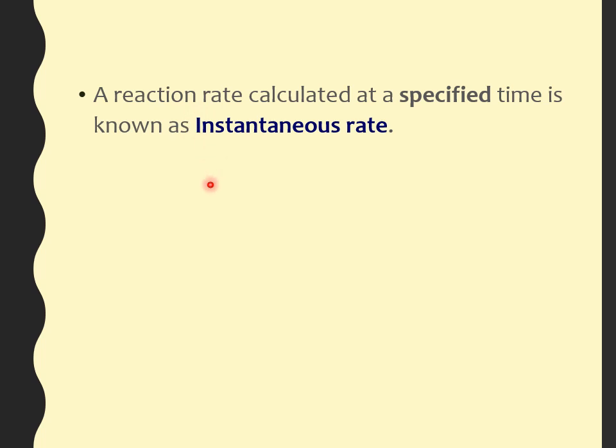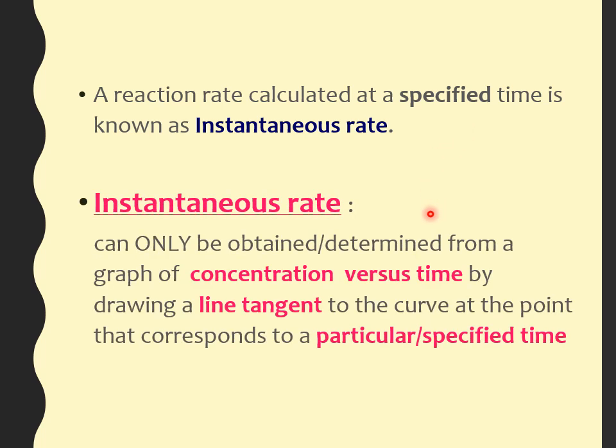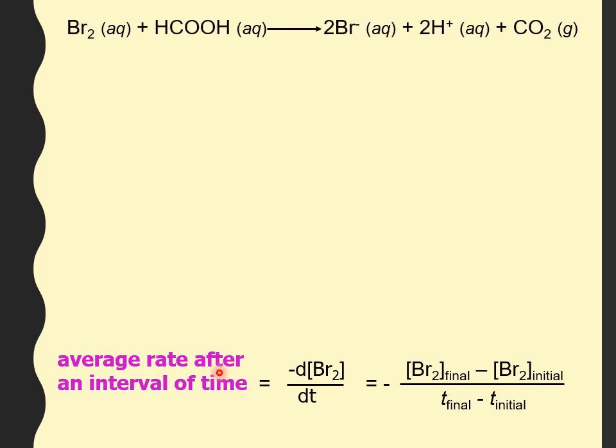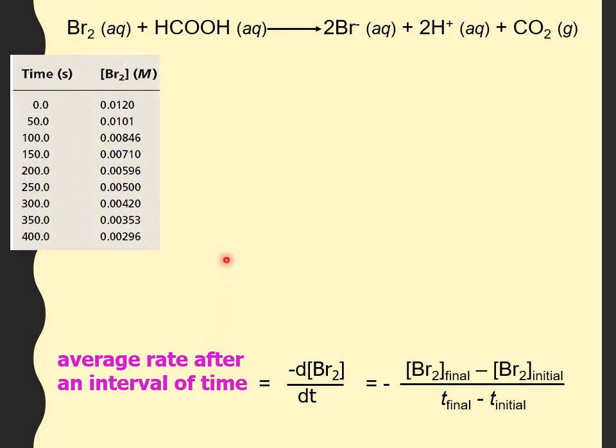Okay, as we were reading about Rx and Ry just now, the rate at a place on the graph is called the instantaneous rate. It's a reaction rate calculated at a specific time. So the instantaneous rate is obtained only from the graph of concentration versus time, by drawing a tangent to the curve at that particular point. So let's look at one example of a reaction of